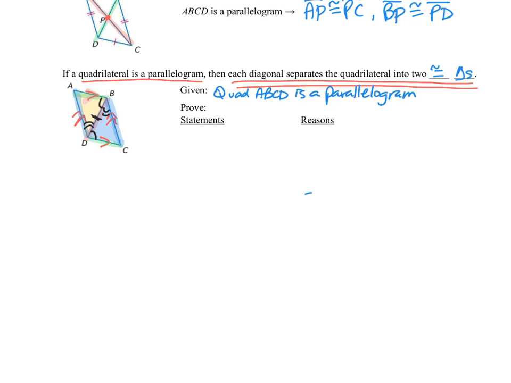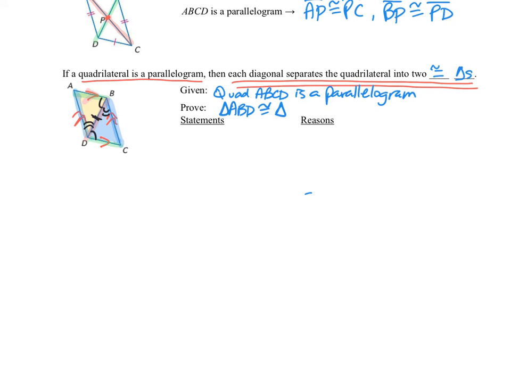And then we're going to prove the conclusion, which is that the diagonal separates the quadrilateral into two congruent triangles. So the yellow triangle, I'm going to call triangle ABD. So we're going to prove that triangle ABD is congruent to triangle